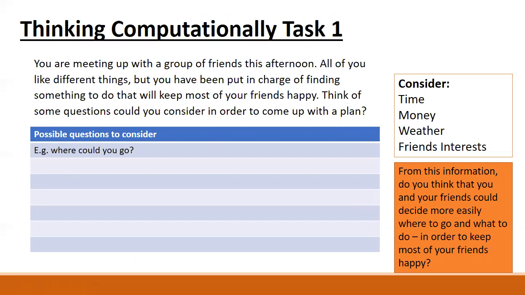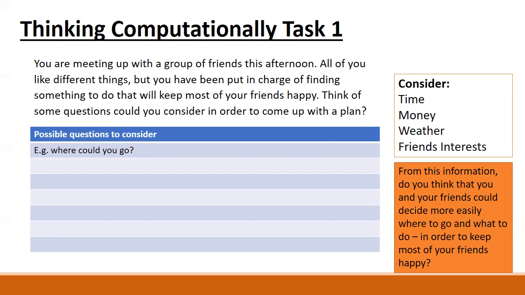Then you want to meet with your friends for a social activity, but you haven't got as far as deciding where it's going to be or what you're going to do. You just know you want to hang out with your friends. So you've been put in charge for some reason. And because you're put in charge, you have to make the final decision: where we're going to go, what we're going to do, are we going to eat, all of those things, right? So you've got that.